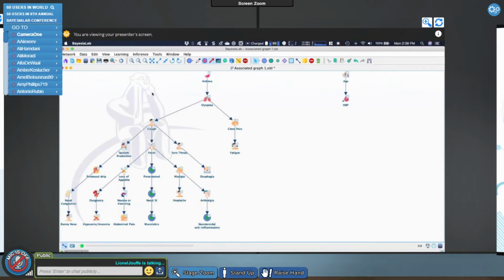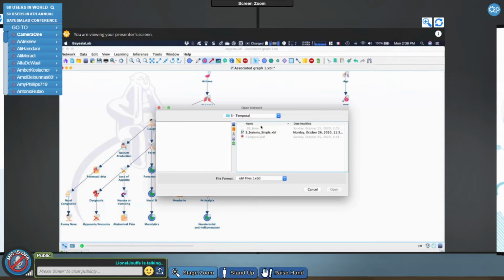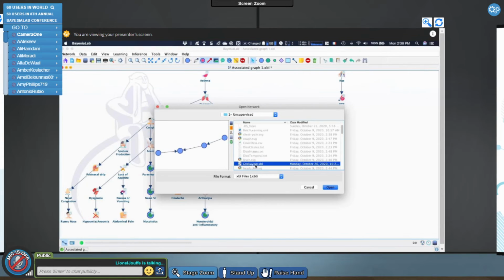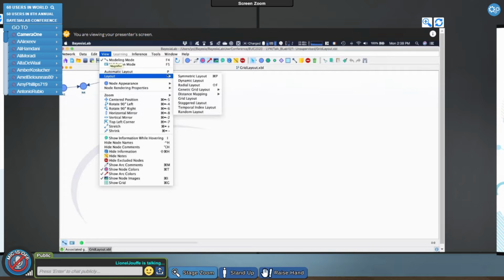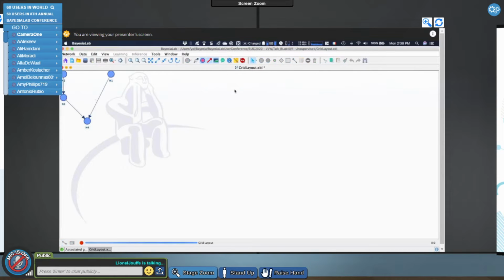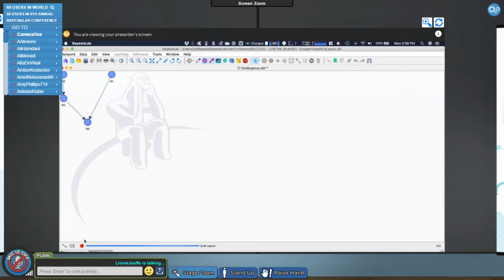And just perhaps to show you the difference between the 2 layouts, here I have a small network I created just to illustrate the difference between the bottom up and the top down. So you see top down, you always have the root nodes at the first level in the network, right? And when you are using the bottom up, this is starting from the bottom. So it can have a big impact on the resulting layout, right?